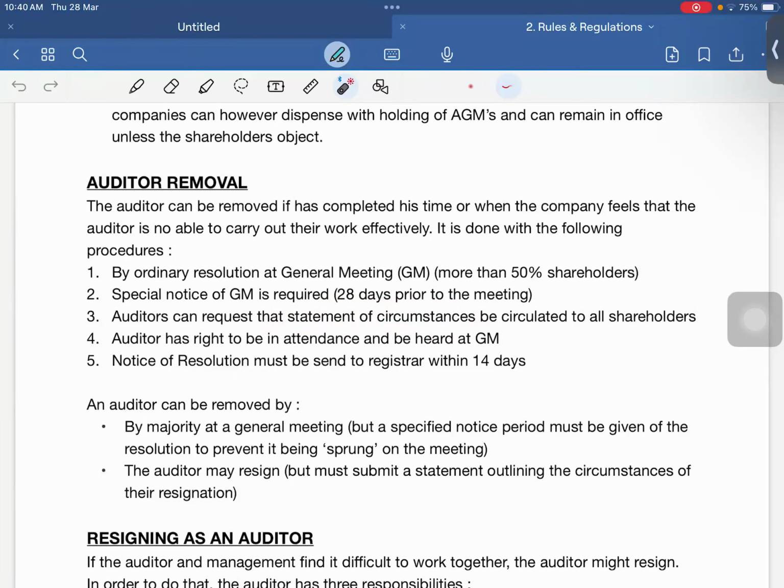And this SOC is going to be circulated to all the shareholders. All of them are going to get it. And this particular SOC would be a point of view. What do you say? POV, right? So it would be a POV of the auditors,